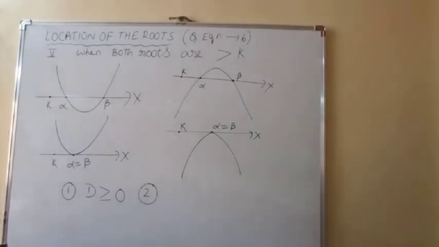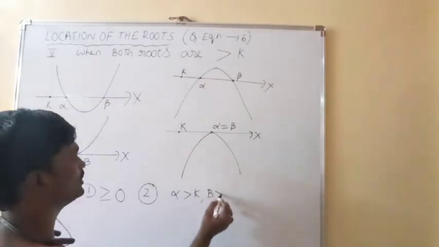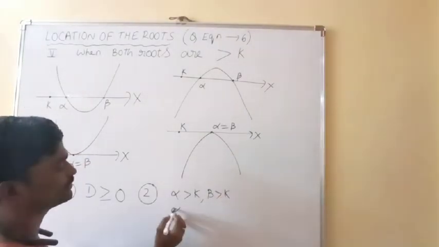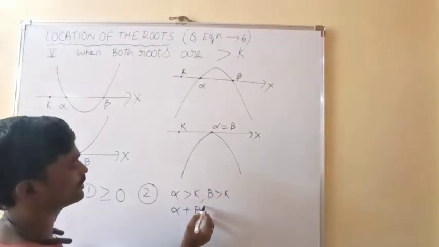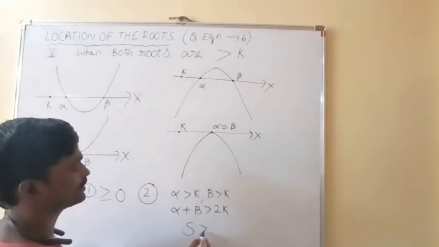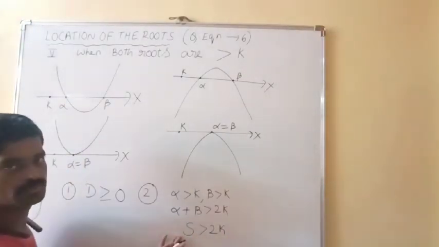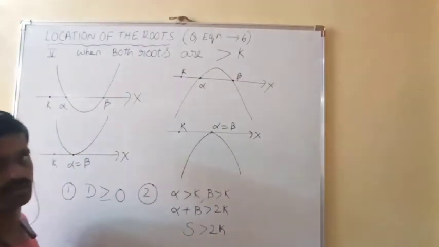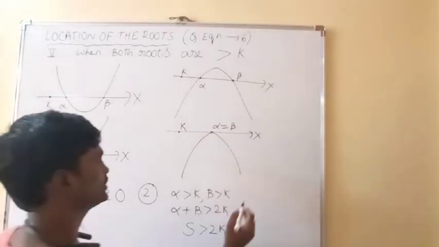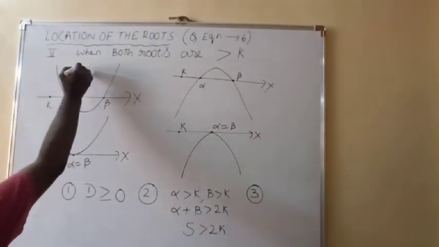And the second case, if you observe, as both roots are greater than k, then their sum is greater than 2k only. Their sum is greater than k plus k, 2k only. So that is S is greater than 2k. That is, S is nothing but minus b by a only. So minus b by a greater than 2k. Next, third condition. Observe here, when A is positive,